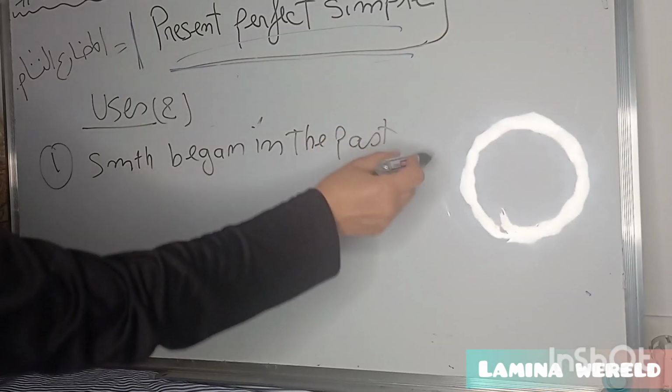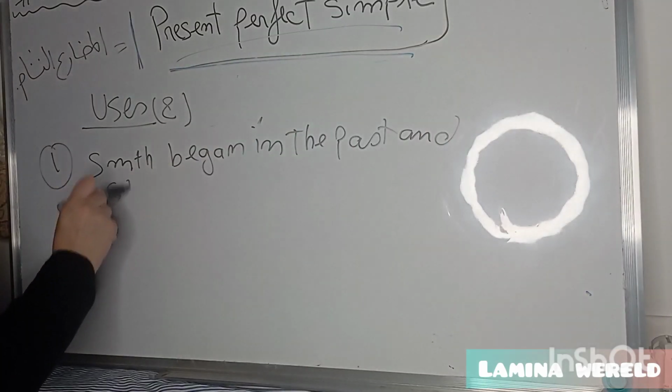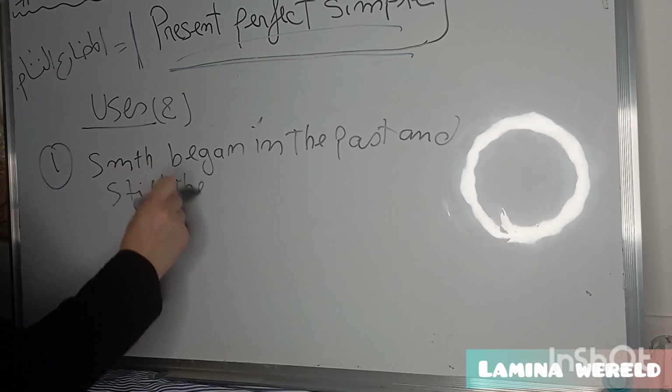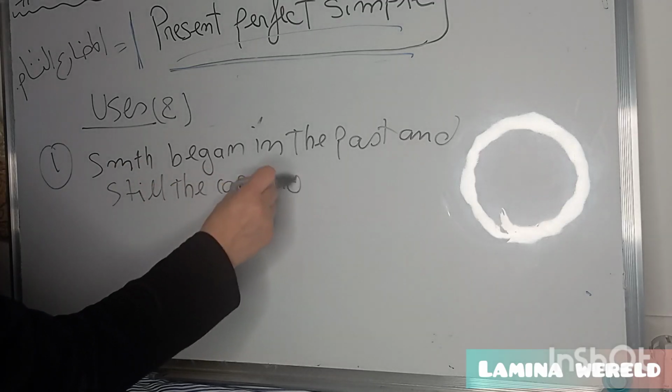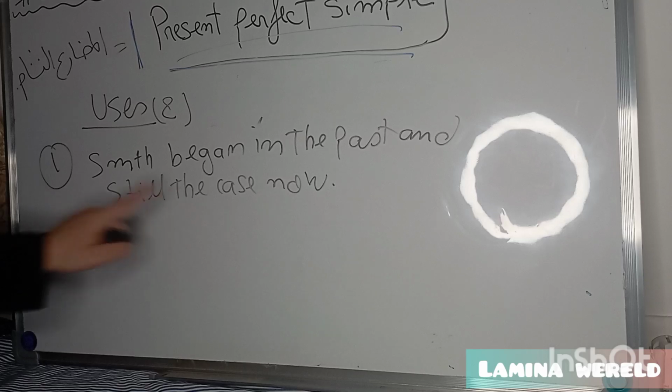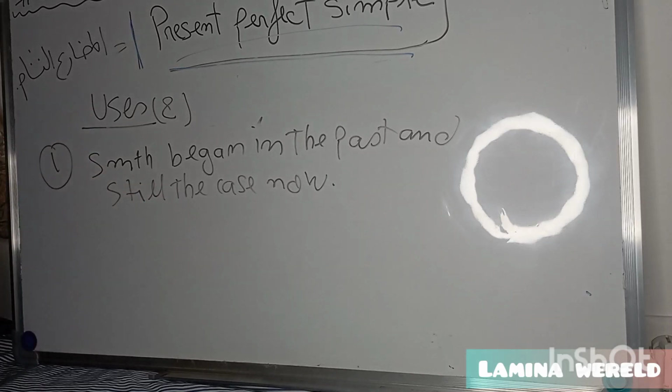So the first use: something began in the past and still the case now. So this is the first use of present perfect simple in Arabic, which means يستخدم المضارع التام في الماضي